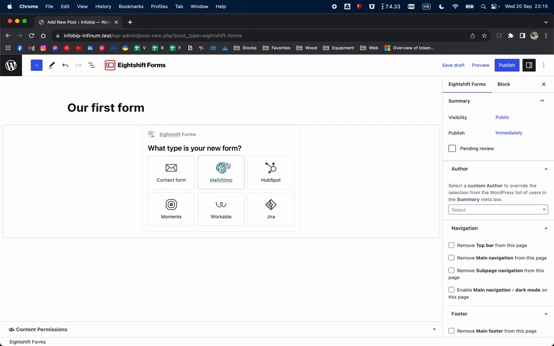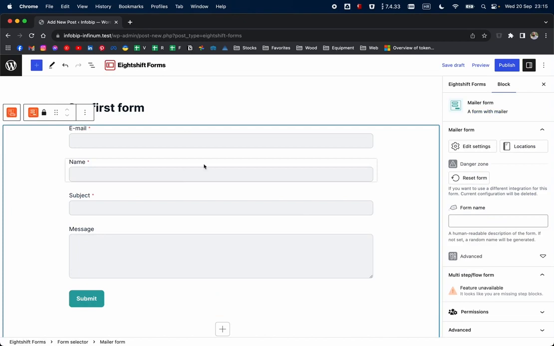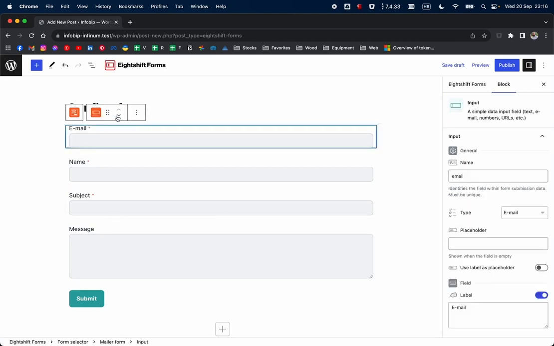So for example, let's add our first contact form. This icon means that this is a Mailer form. So pretty much if you have any other integration available, they will show here. So let's click on the Mailer form. Mailer form creates your Mailer specific fields like here,